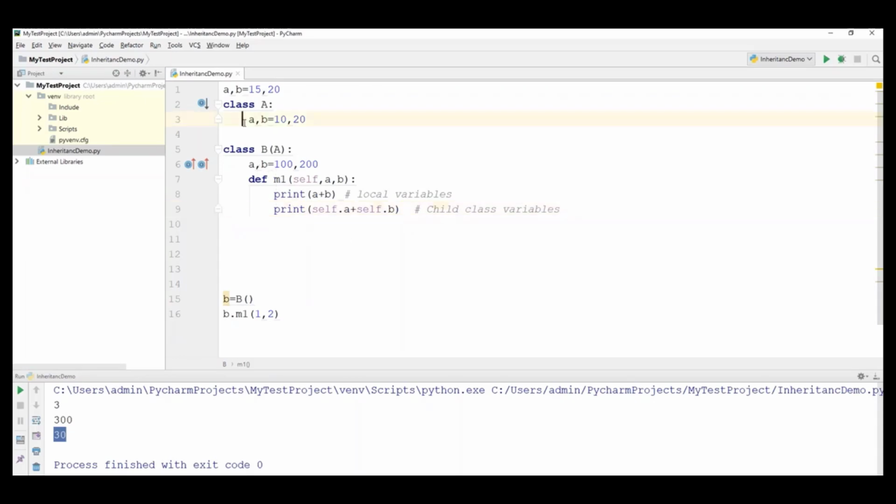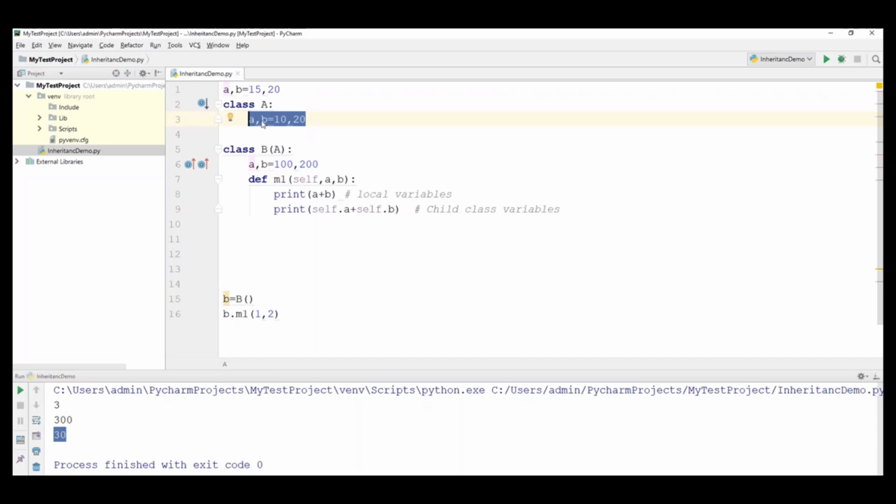Now I want to add parent class variables. So here child class variables and parent class variables are exactly the same, right? But how can we add parent class variables? In the previous example, I told you to use the same thing, a and b. Why? Because in the previous example, the variable names were different, so we could still use self there. But here it is not like that. Here the variable names are exactly the same in the child class as well as the parent class. When I access self.a plus self.b, what happens? By default it will access child class variables, not the parent class variables.